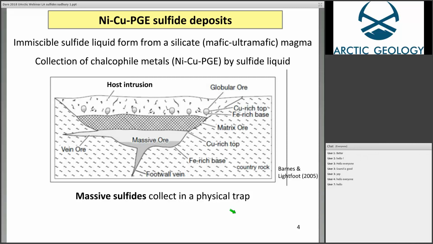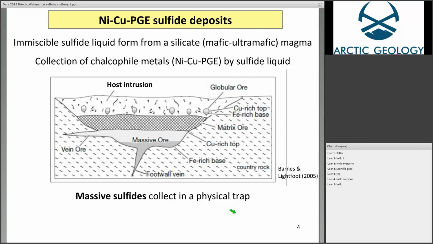will collect all the chalcophile metals according to the partition coefficient. So PGEs are very highly compatible into sulfide liquid, so they will be extremely enriched in the sulfide liquid as well as nickel and copper. Here, I won't go into the details of how they form, the geological setting. This figure is taken from Barnes and Lightfoot 2005, which is a great review. If you want to read up on how they form, where you find them, I suggest you go read this